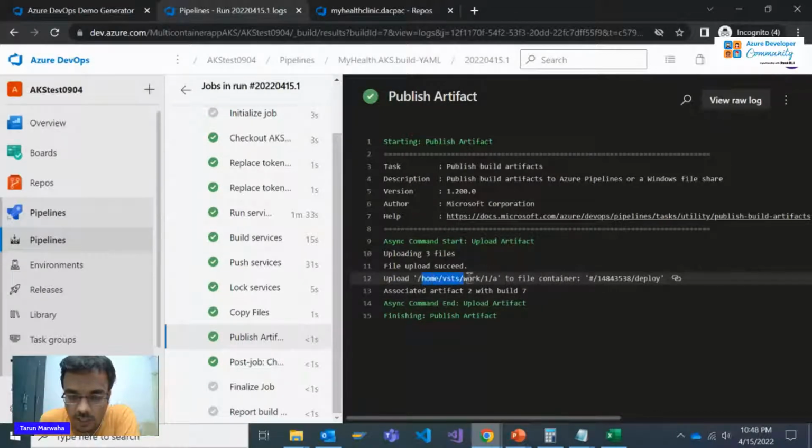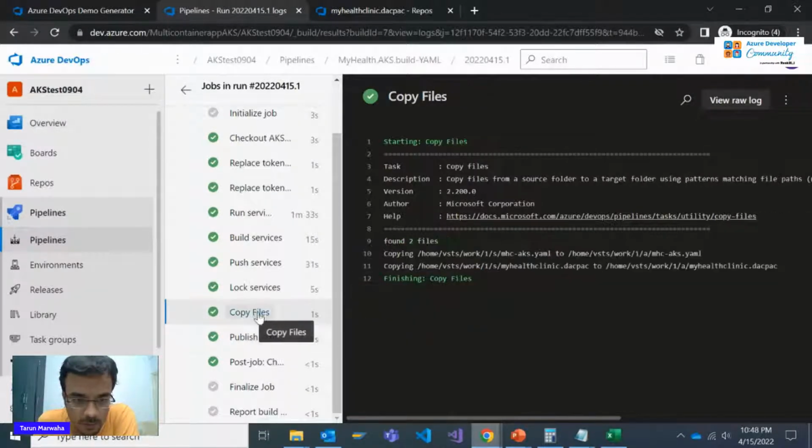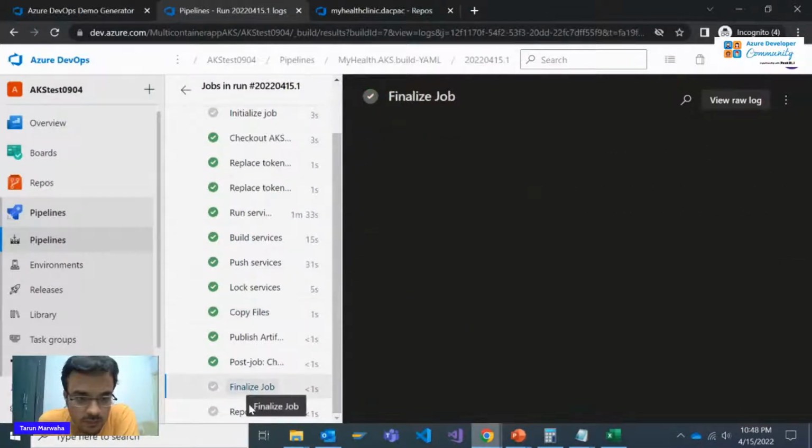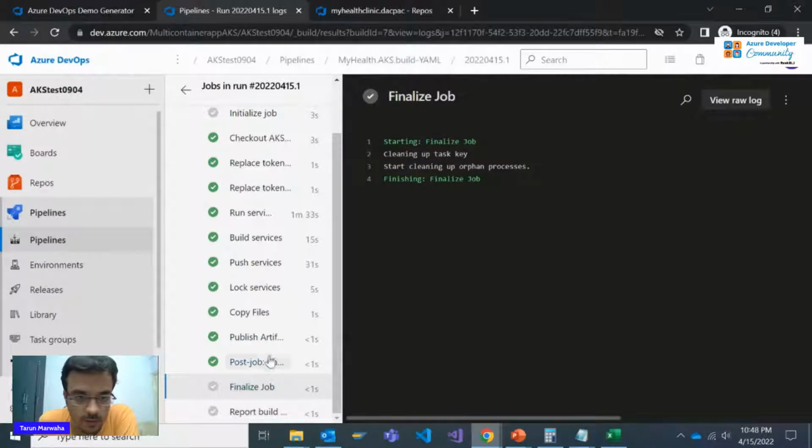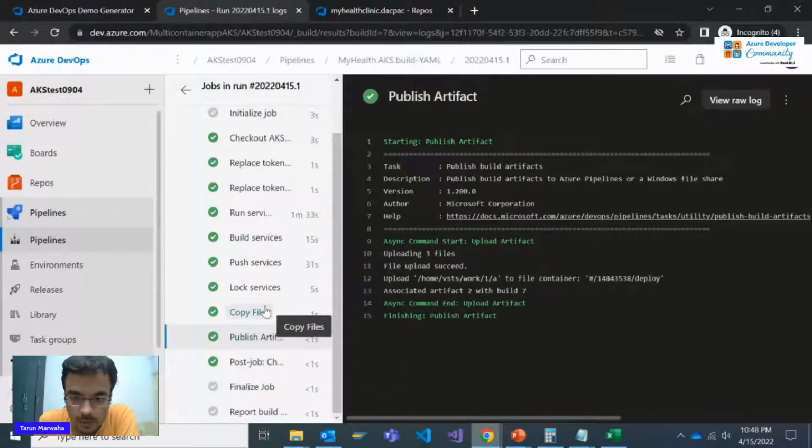This is a self-hosted agent and it has been deployed under its working directory. So deploy is the file which we have deployed. Copy the files, backpack, finish copying the files and finalizing the job. And we upload artifact, publish, finishing up the artifact. So now three files are uploaded. So when you go to the, let me go to the,